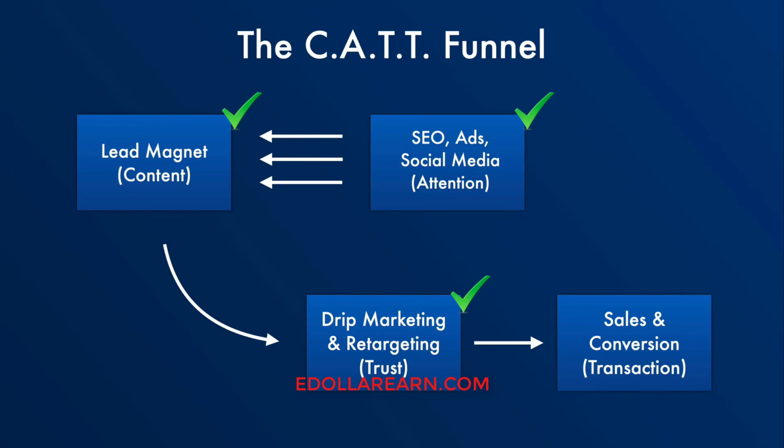Right now, I hope you understand that we are in the concept and fact stage, where we are just understanding and memorizing the concepts and the facts. We are having an overview. We are looking at the map. We are not actually making any progress. We are also remembering some facts, like I showed you a bunch of tools, and the framework and methodology: content, attention, trust, transaction. I recommend that if you want to understand these concepts and remember the facts, you write them down, and this will help you remember them better.